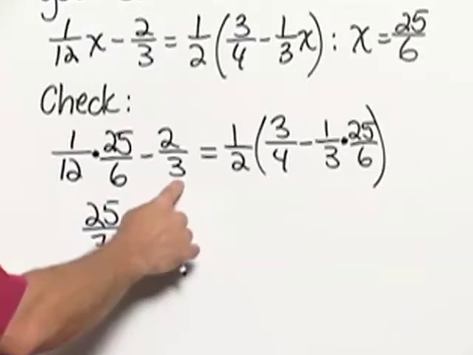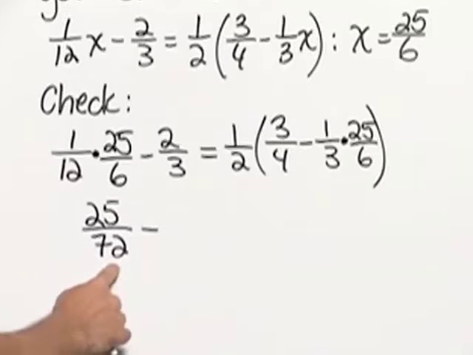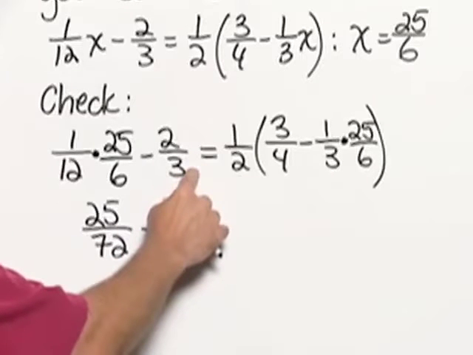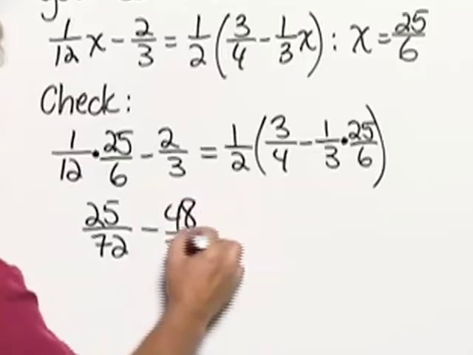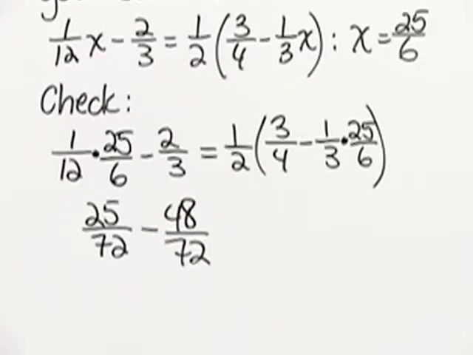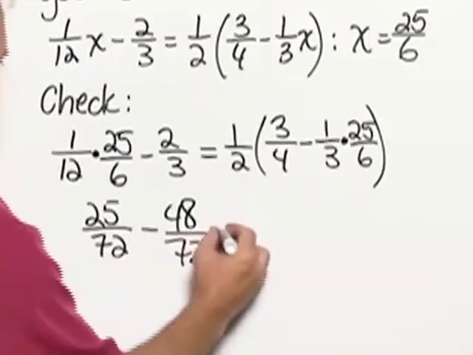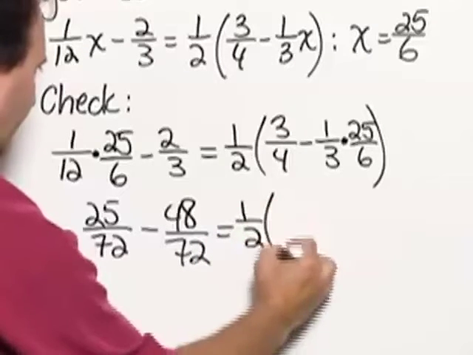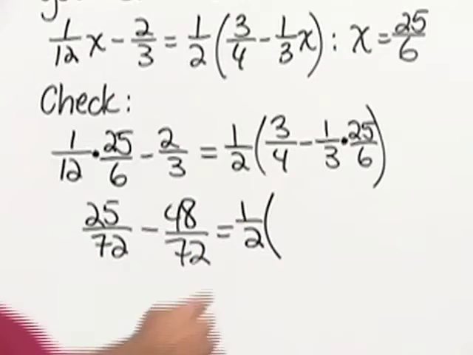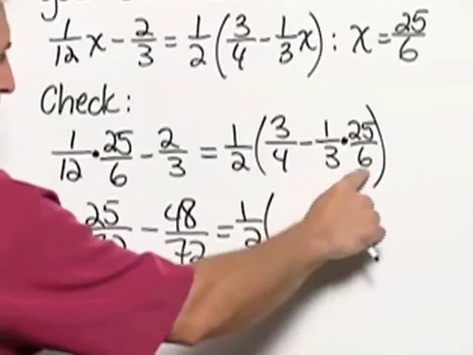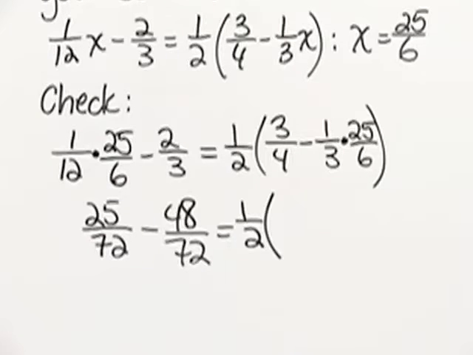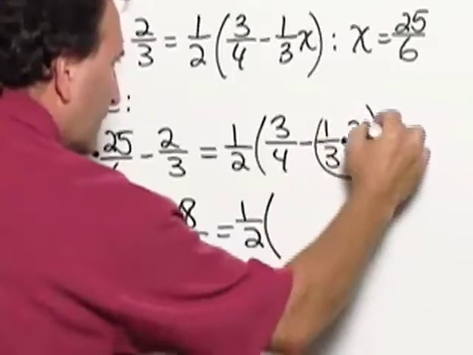Now, to create a common denominator, which would be 72, we would have to multiply both the numerator and denominator by 24. So this would become 48 over 72. On the right-hand side, we have the 1/2, and then in the parentheses, I'm going to wait before I write this because when I multiply, I'm going to have 18 in the denominator. In other words, this part here is